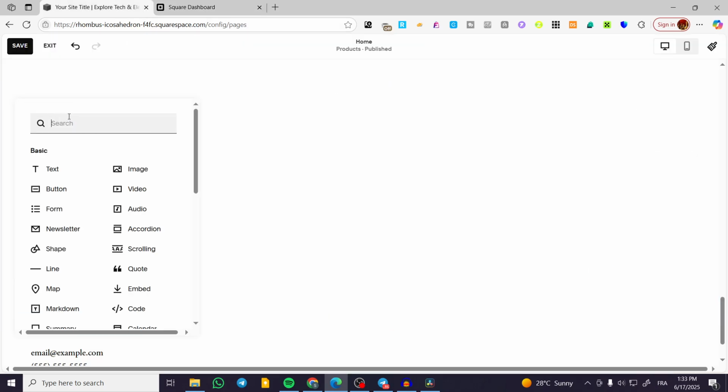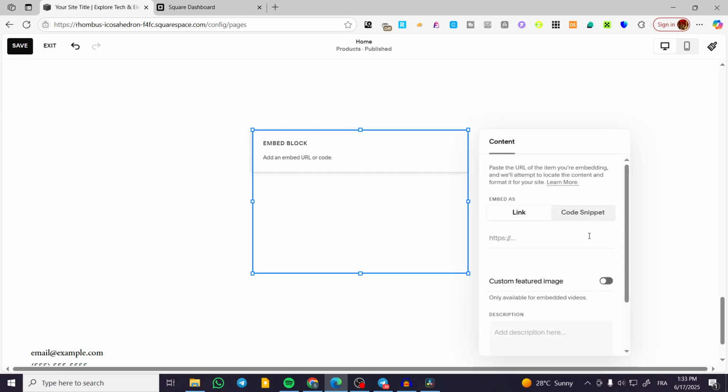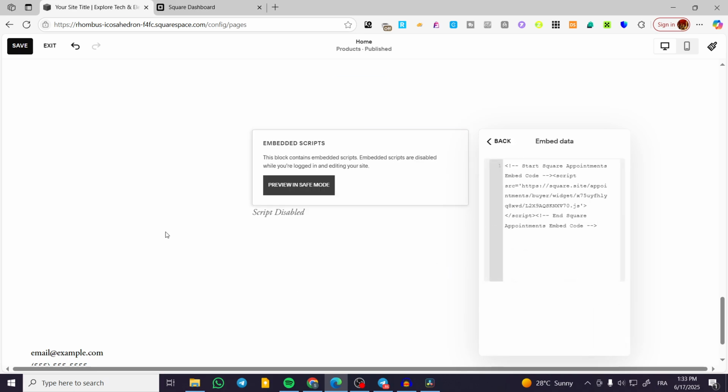We're going to head over to our website. It doesn't matter if it is Squarespace or Wix or whatever. We're going to add an embed code block here, place it in the middle, double tap on it. We're going to put the embed as a code snippet, click on embed data, paste your code here, and you're going